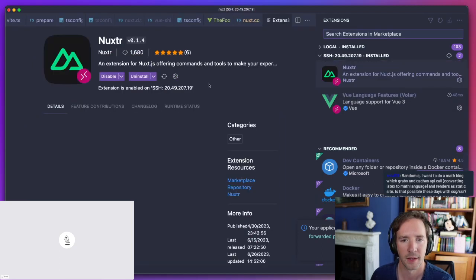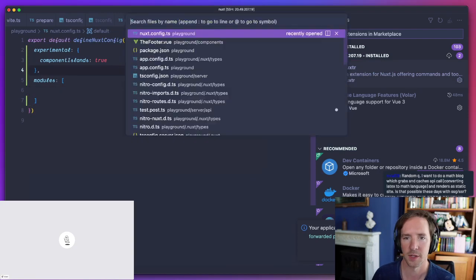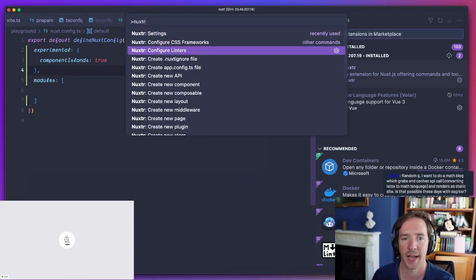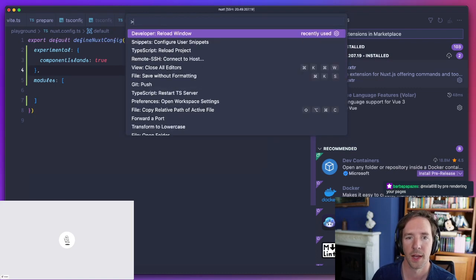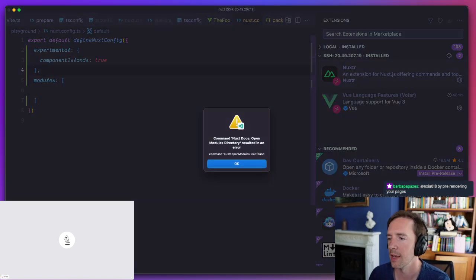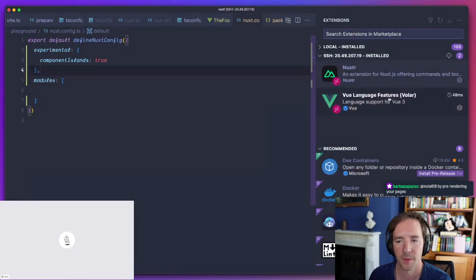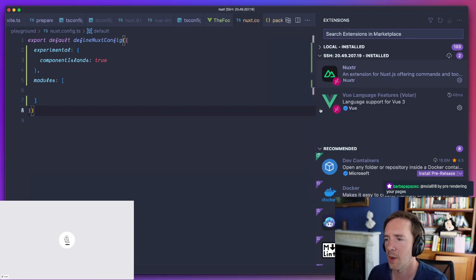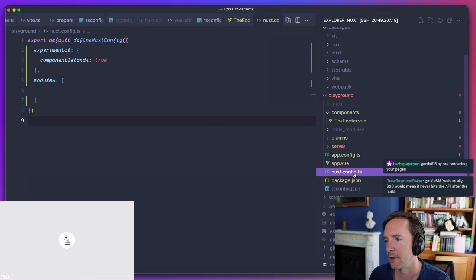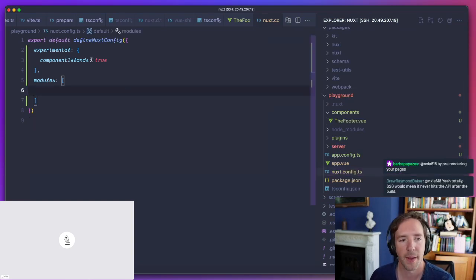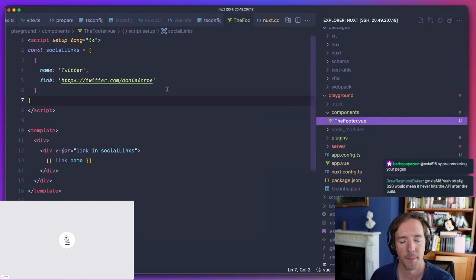Anyway, what does it do? It has user snippets. It also lets you install a module, and it will update your Nuxt config and so on. It's not quite working at the moment in this environment, but it works for me locally. Anyway, so we have a component island configuration.